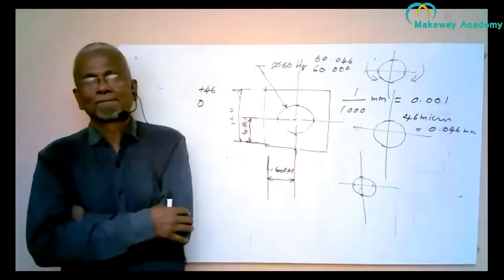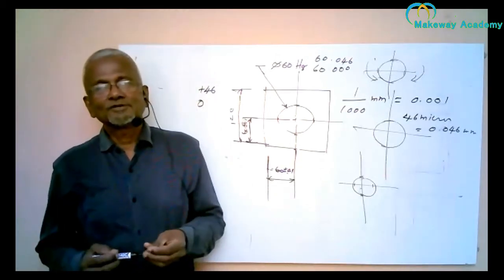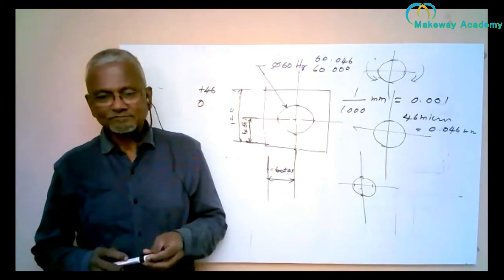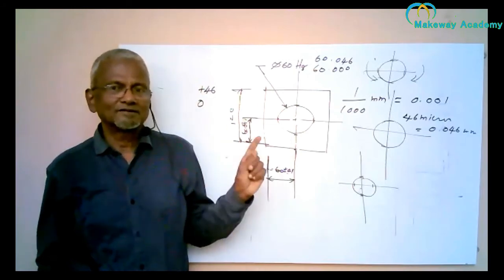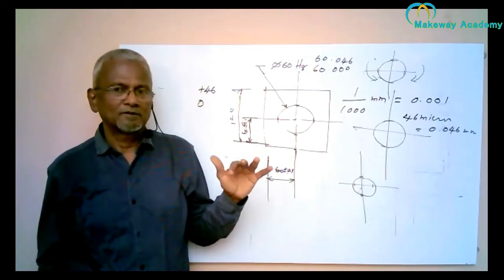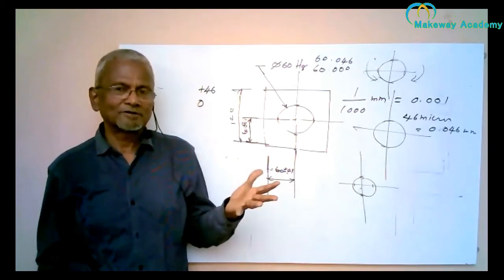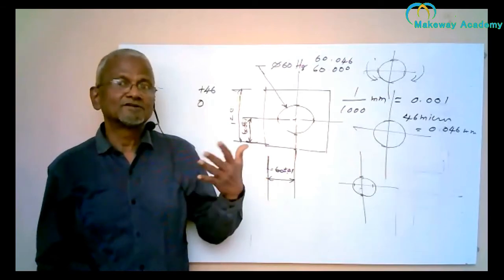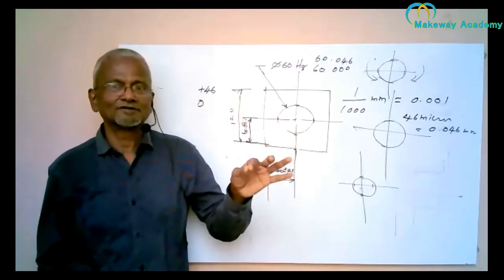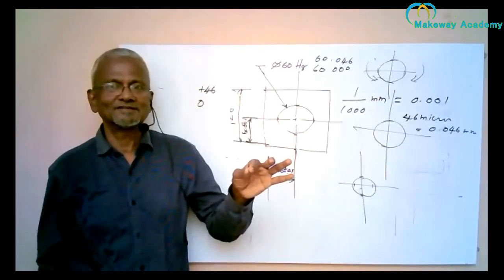So how do they do it? They use geometrical dimensioning and tolerancing. I'm going to tell you how they use GD&T and locate the hole. The hole cannot be located exactly at the center. Using GD&T, they give the tolerance and locate the tolerance zone. And then the manufacturer should see that the axis of the hole is located within the tolerance zone. The tolerance zone is defined and located with respect to datums.